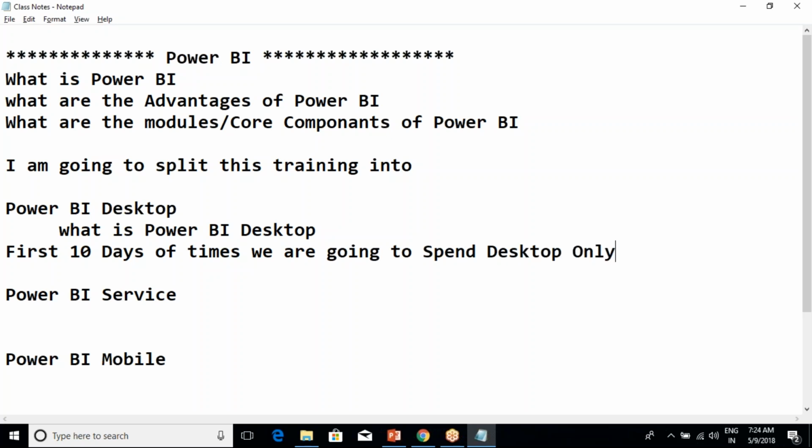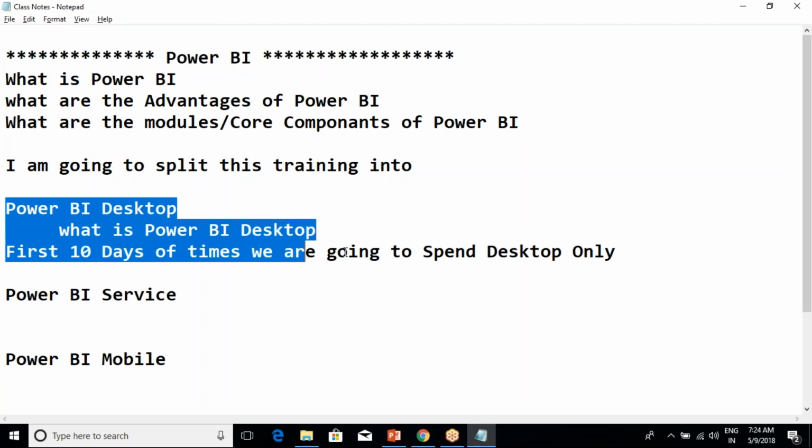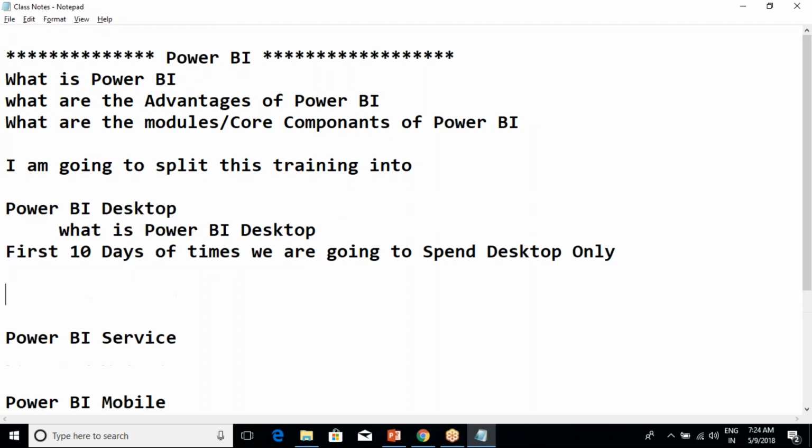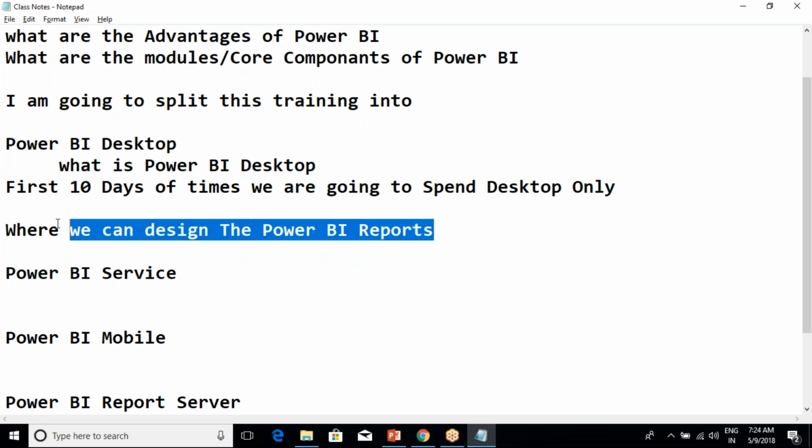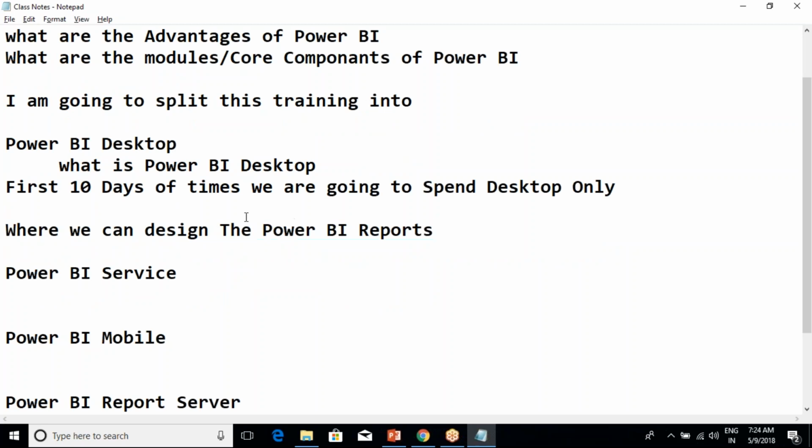To be simple, Power BI desktop is nothing but where we can design our Power BI reports. As we are in the discussion of the first day, keep in mind